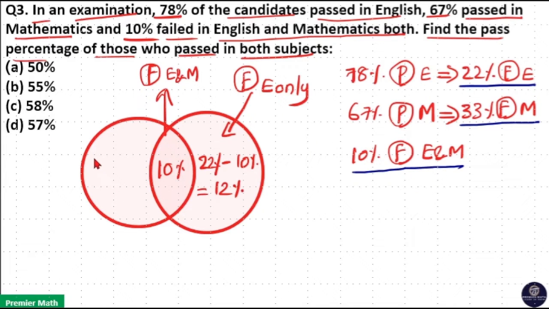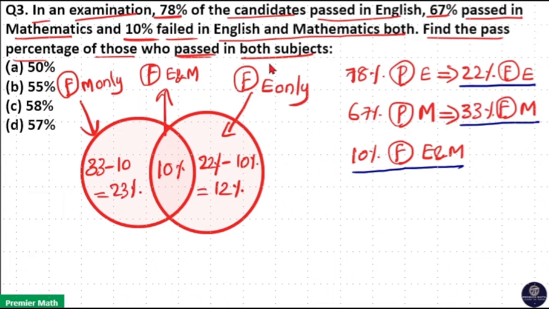So, students who failed maths only is 33 minus 10%, which is equal to 23%. Now, we can find